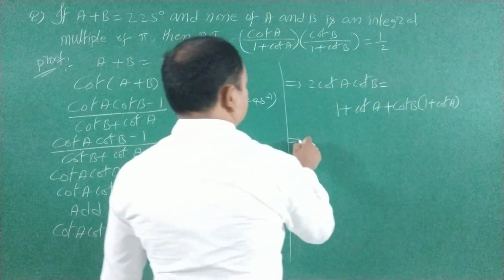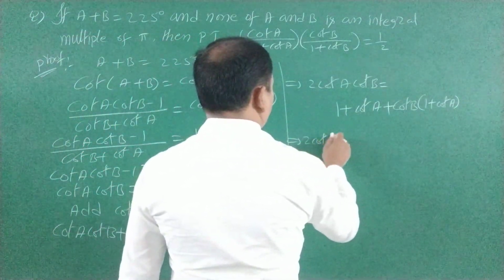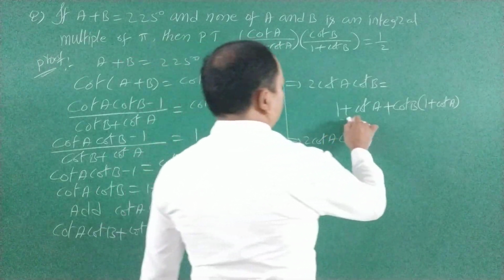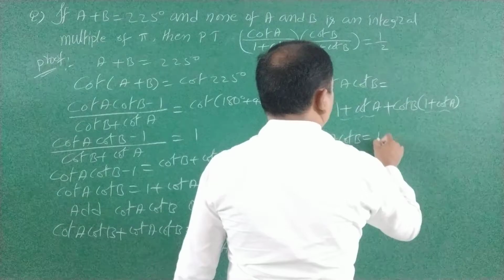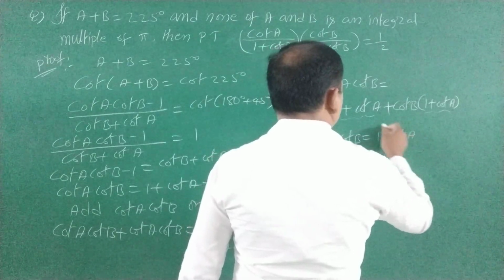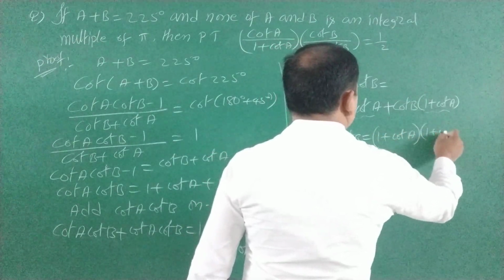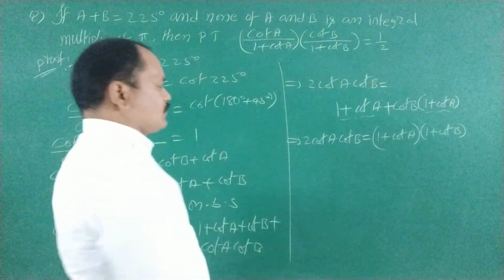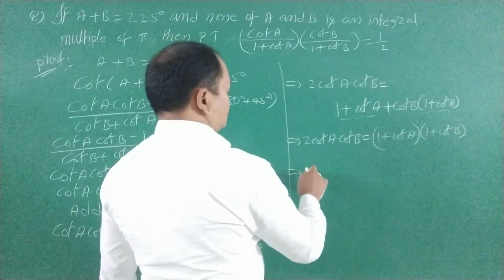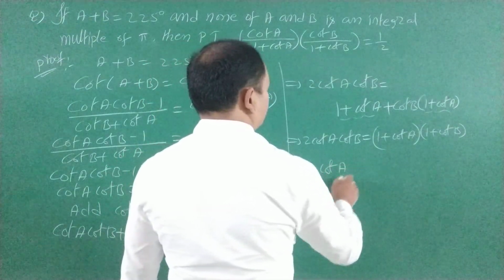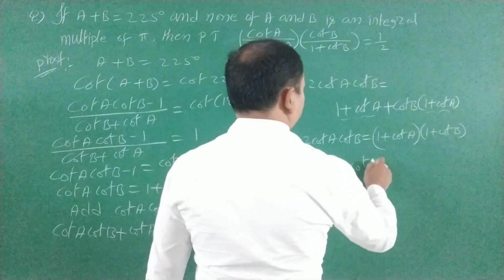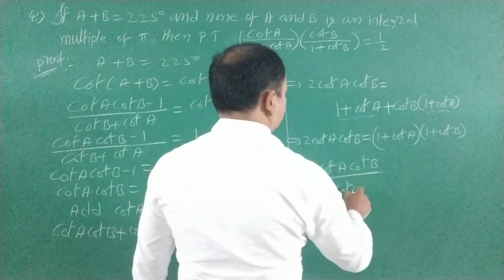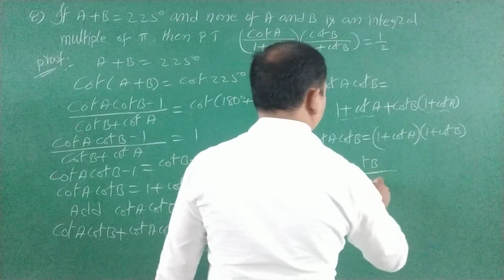Now from this, 2 cot a into cot b is equal to, here we have to take common 1 plus cot a, then 1 plus cot a into 1 plus cot b. That's all. Now from this, here it is 2 cot a into cot b by 1 plus cot a into 1 plus cot b